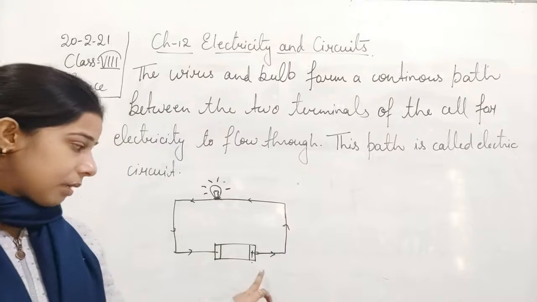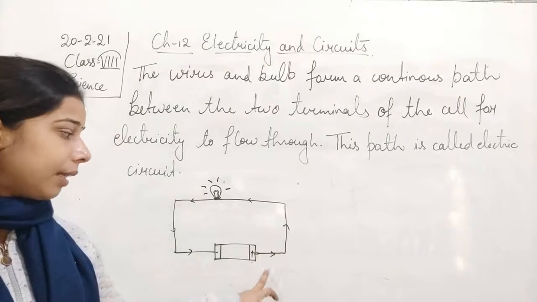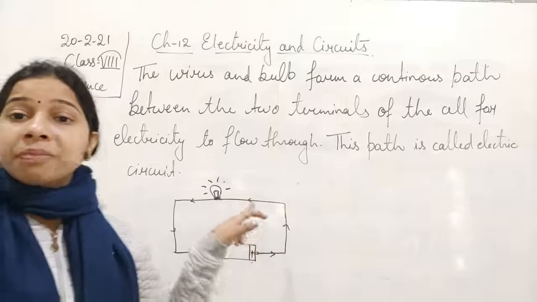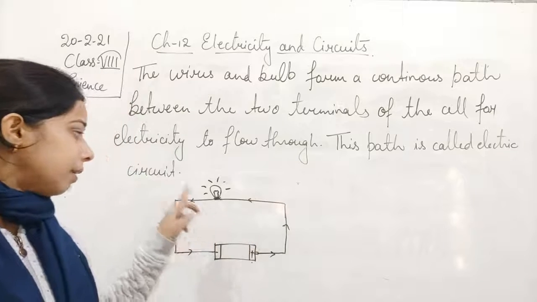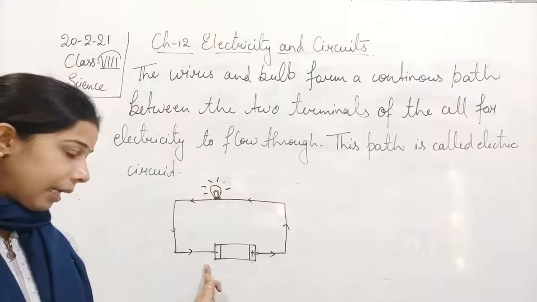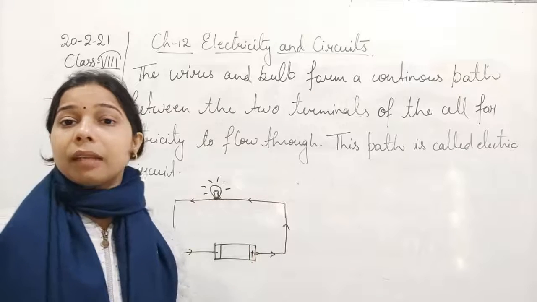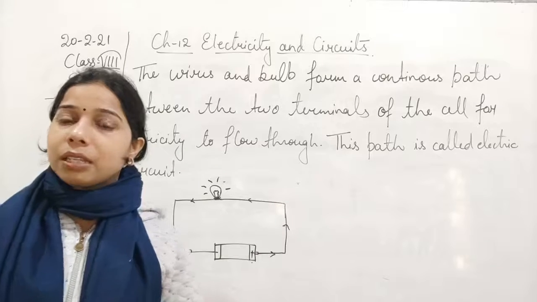Electric cell consisting of a metal cap which is called a positive terminal. One wire is connected to one terminal, the other wire is connected to the metal tip of the base of the torch bulb, and then the second wire is connected to the negative terminal and the other end of the wire is connected to the metal case of the torch bulb. So this is what we have seen in an electric circuit.